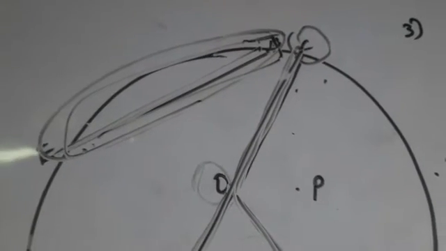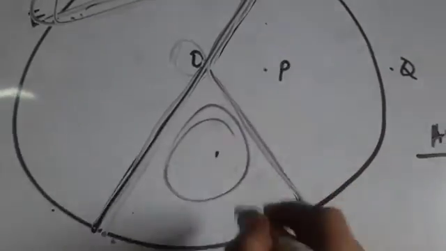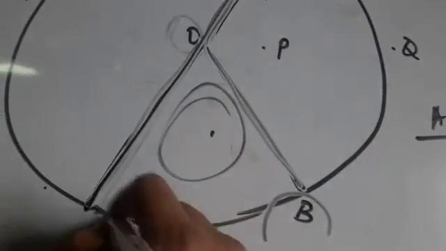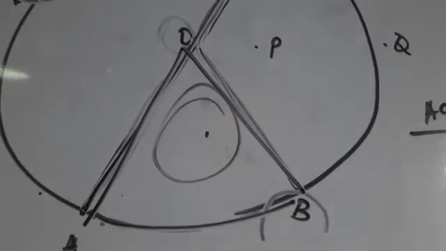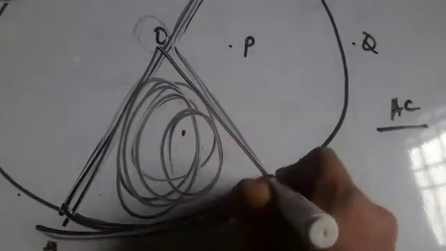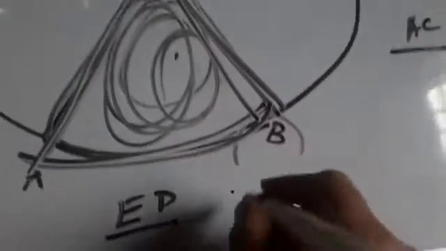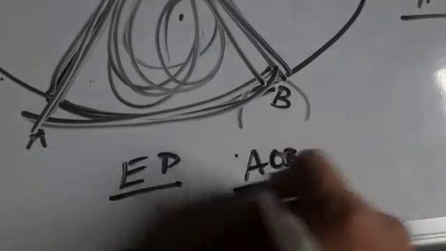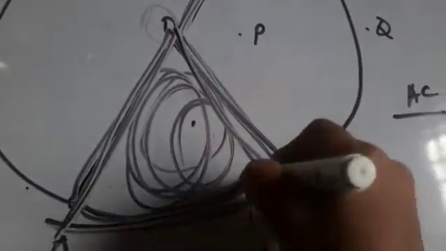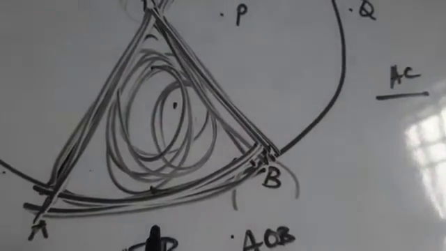The next question is sector. A sector means the region, the interior of the circle, which is enclosed by an arc on one side and a radius on the other side. So see here, this is a sector which is covered by an arc of the circle and it is covered by the radius. AOB is the sector, where the interior of the circle is enclosed by an arc and covered by the radius of the circle.